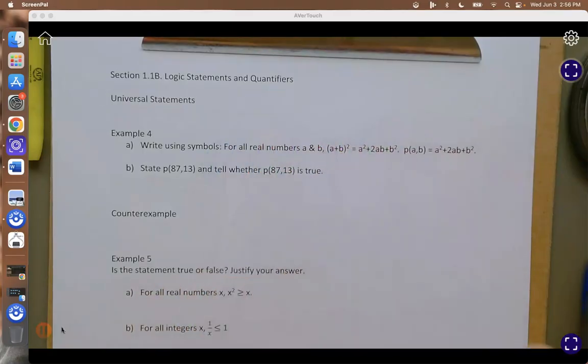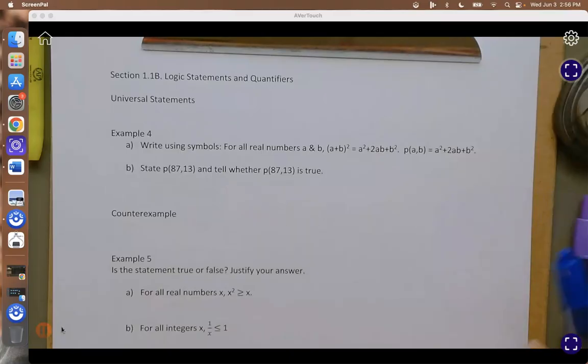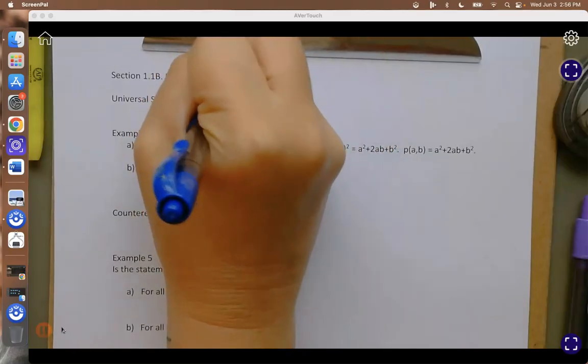Alright, so today we're going to continue our discussion on logic statements and quantifiers. So we talked about for all statements on the previous lessons, and we also talked about statements in general, where statements are always true or always false. So universal statements. Universal statements are statements